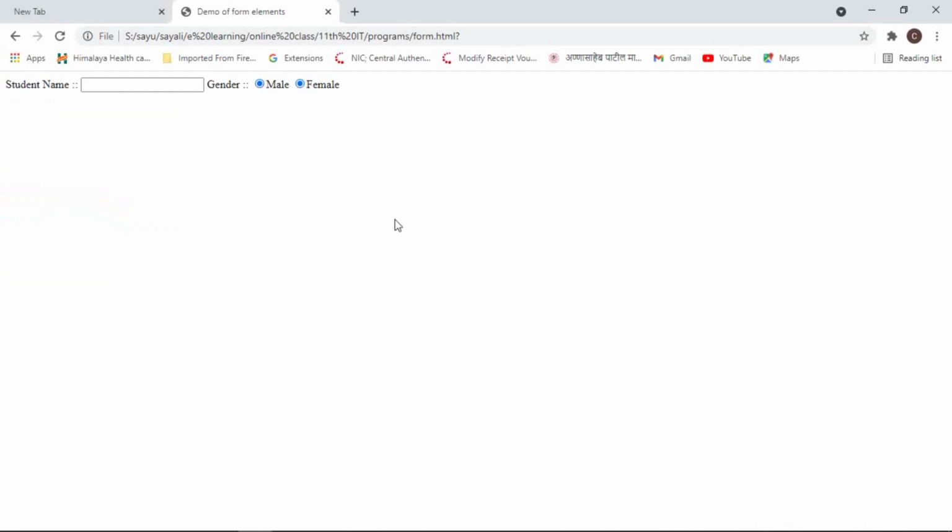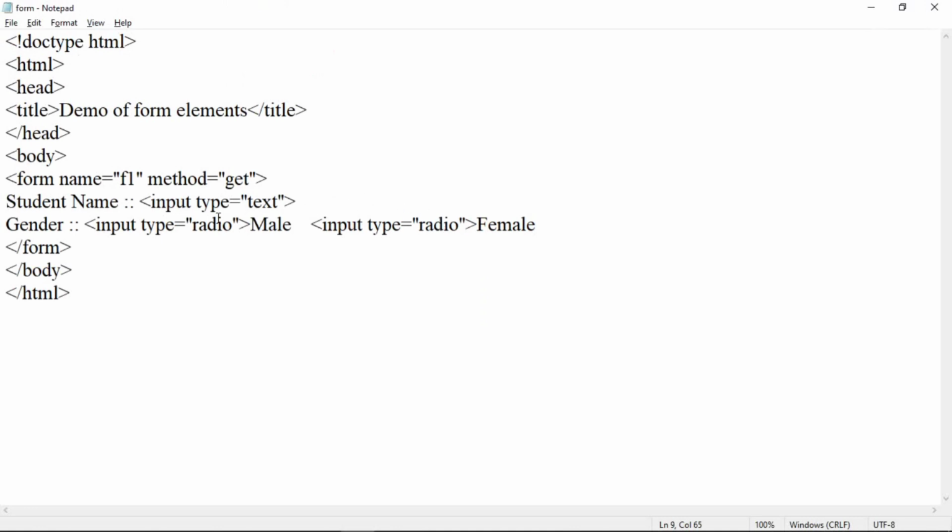Now, out of these two options, only one option should be selected in case of a radio button. So to have such output, we must include here one more attribute, that is the name attribute. Add a name for this control. Suppose name is equal to G, then the same name should be included within another control also, to specify that these two radio buttons come under the same group. So specify here name is equal to G. Provide the same name for both the controls. In this way you can have only a single selection.